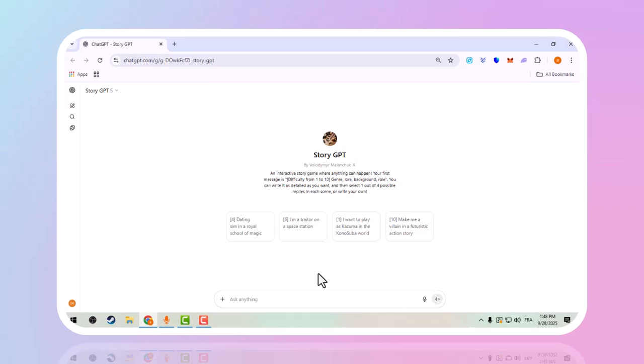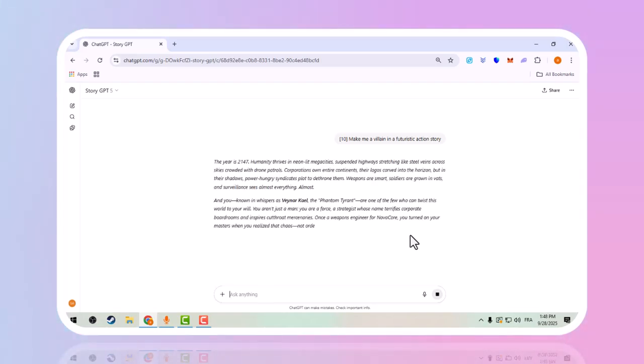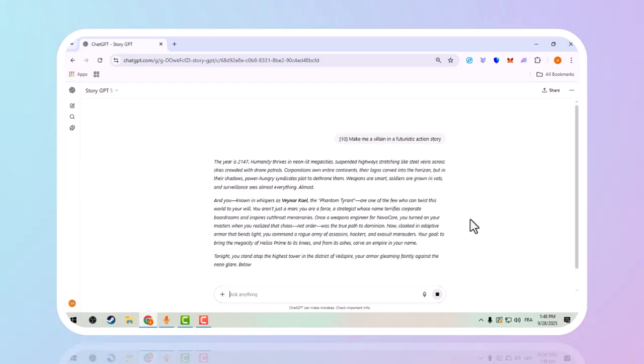Define your game genre: fantasy, sci-fi, horror, or RPG. The clearer your input, the more immersive the AI-generated storyline will be. Write a simple prompt describing your world, main characters, and the type of conflict. For example, make me a villain in a futuristic city, action story, or a futuristic city where rebels fight corrupted